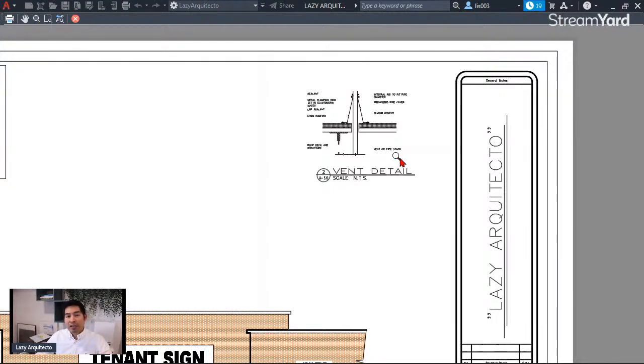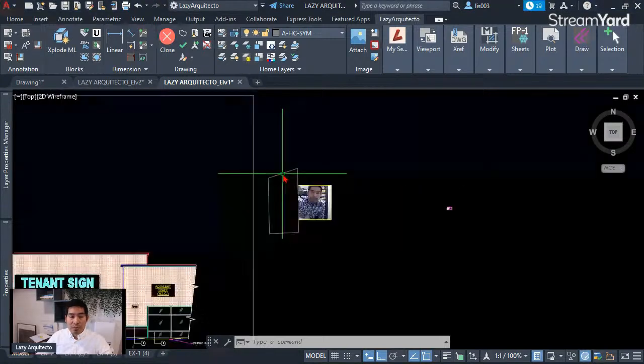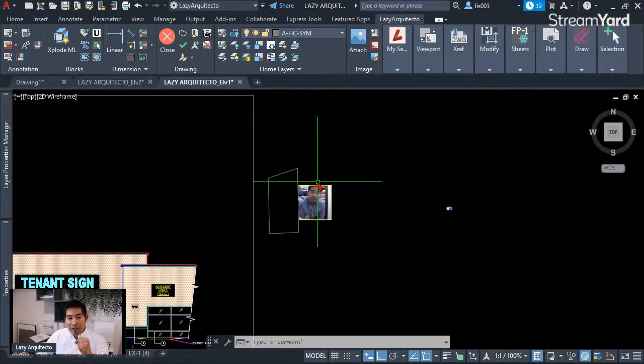All right, so that was really quick, how to turn off or on the viewport frame. So I think at this point we already covered all of the types of frames and borders here in AutoCAD. So let's go to the second part of this live stream, which is giving you some